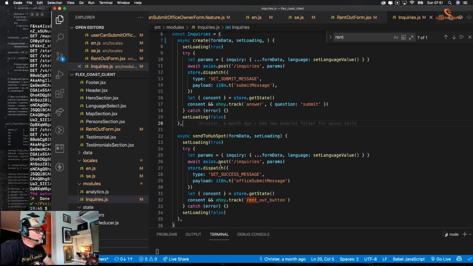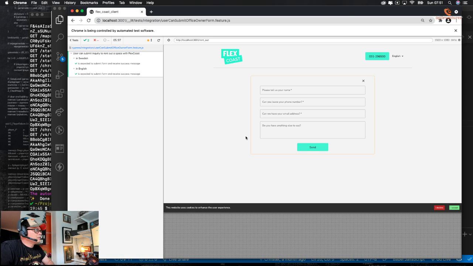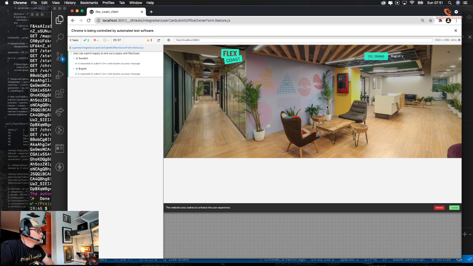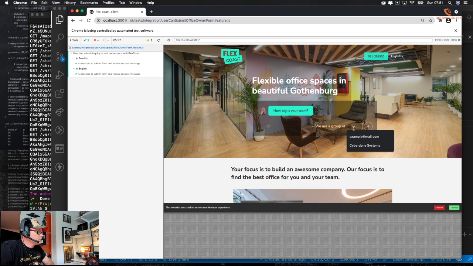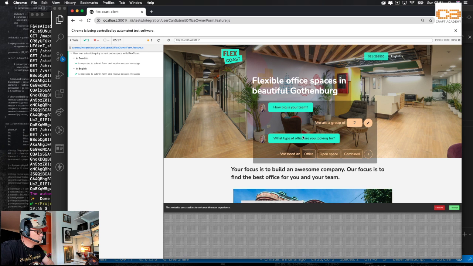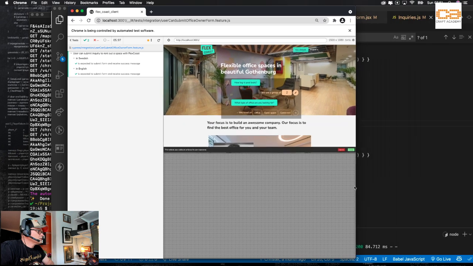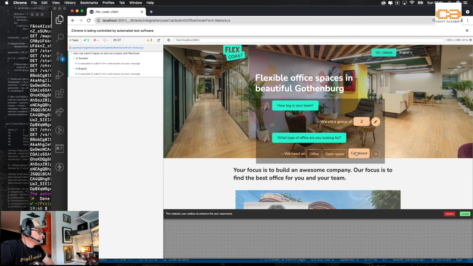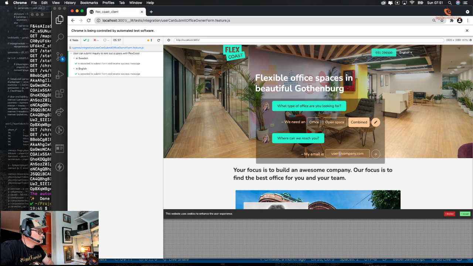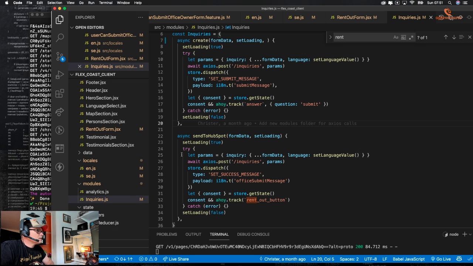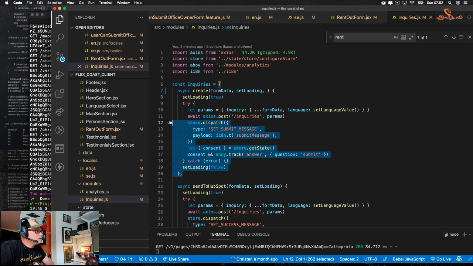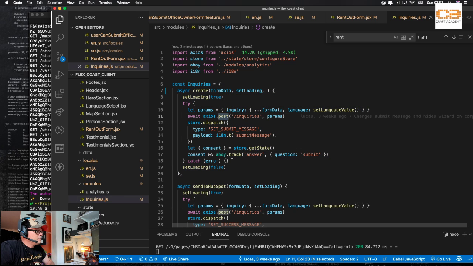But since it's a new form, and this wizard here that we have on the first page, which is apparently not even working properly at this point, that is also a form. We are handling that in this module, and we just do a create action and send that off to the backend, right?